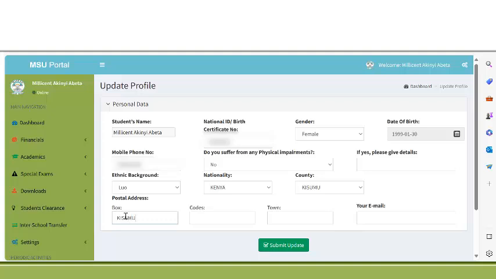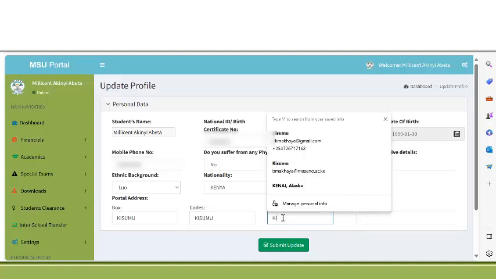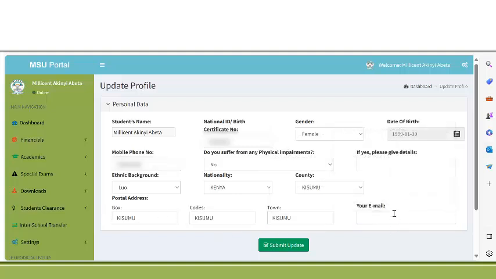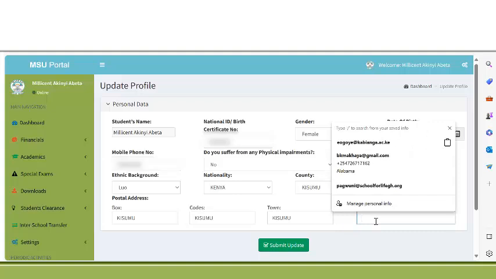Because I'm an owner of a post office, I'll just enter here Kisumu. But make sure you provide the right details. Her email is